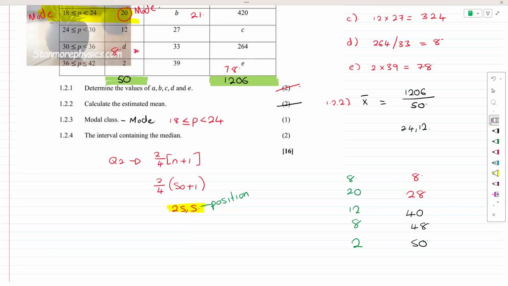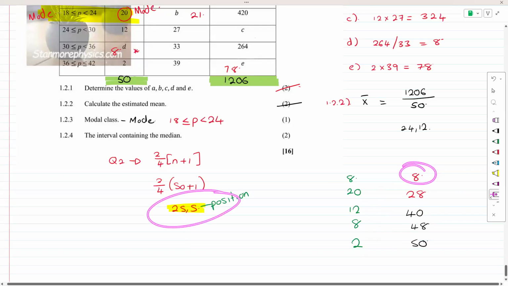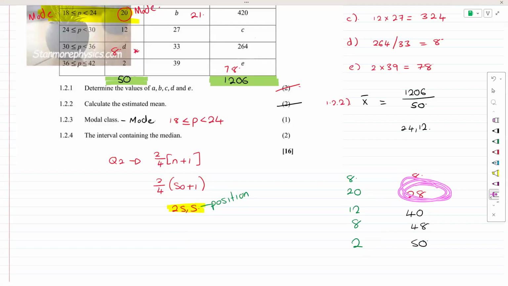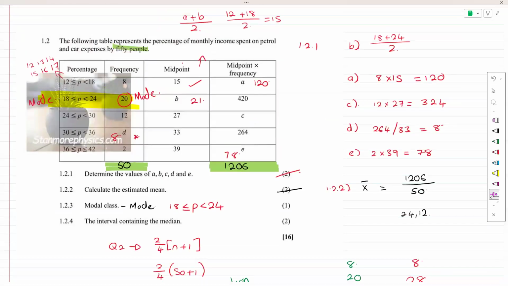Now, cumulative frequency is where I'm adding: 8, then 8 plus 20 equals 28, 28 plus 12 equals 40, 40 plus 8 equals 48, and 48 plus 2 equals 50. Now, where does 25 fall? 25 cannot fall into 8, it does not make sense. But 25 can fall into the 28 margin, because this is 0 to 28. So in the second part, that's where the median is. The median is technically where the mode is as well, which is 18